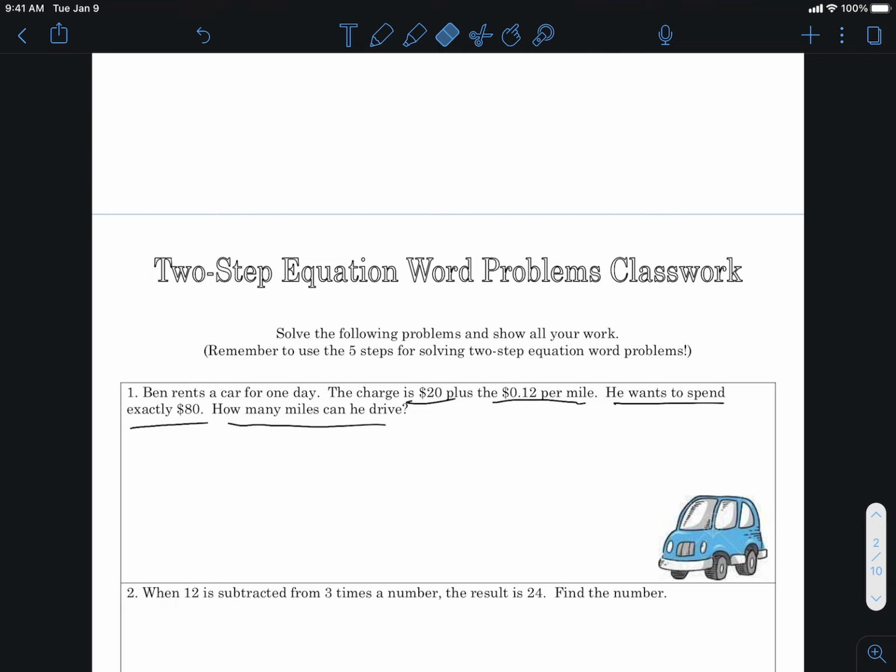Right? So you can charge $20, plus the 0.12, so 12 cents per mile, okay? He wants to spend exactly $80. So what I've done here is I've gone through this and I've kind of put,